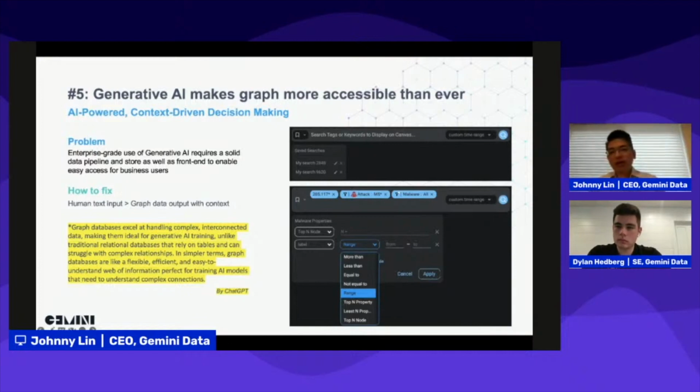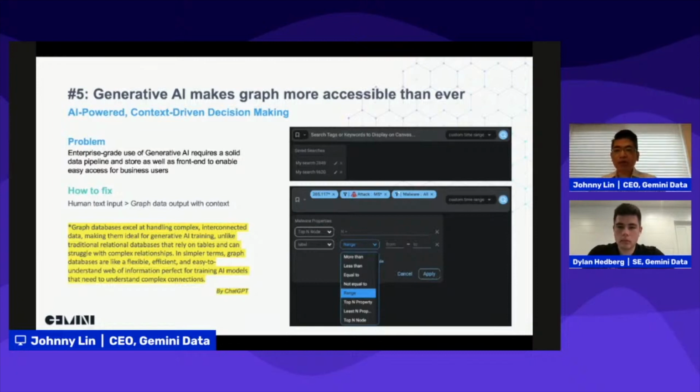And here is a quote that I take from ChatGPT. I think this is really valuable for those of you that are looking at why graph is great and why you should take advantage of this kind of technology, especially in the era of generative AI. Because as it says here, graph databases excel at handling complex interconnected data, making them ideal for generative AI training.